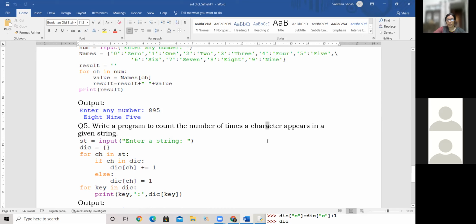After that, when A comes again, it's plus 1, that is now A will become 2. Occurrence of A is 2. C 2, T 1, E 1. And R again, he will find R is present in the dictionary because previously I've already added it. So that value will be increased.